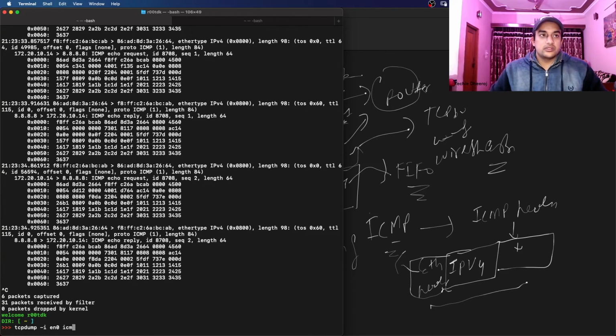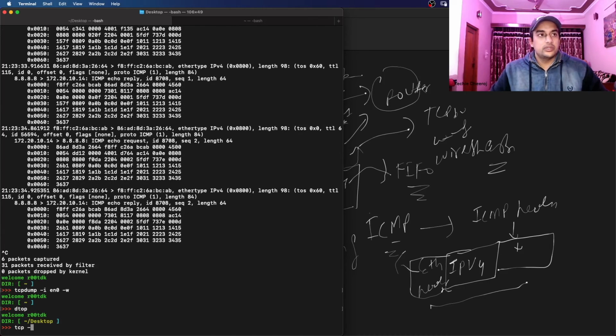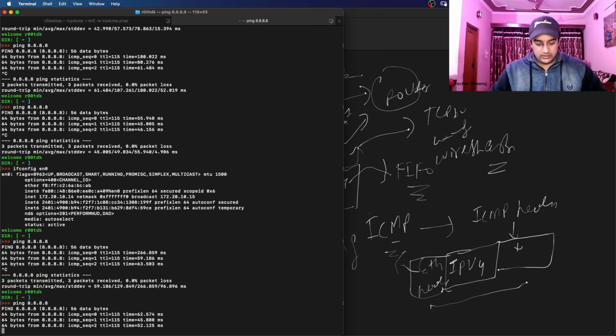Okay, let's drop this filter, and you can just save the packets. -w is the command to save them, and you can give any name. Let me run it on my desktop, because I will try to save it there. But you can also mention a path, like tcpdump .pcap. The pcap extension is used by Wireshark to save any packet information. So we can use this, and then just try to send some ping packets.